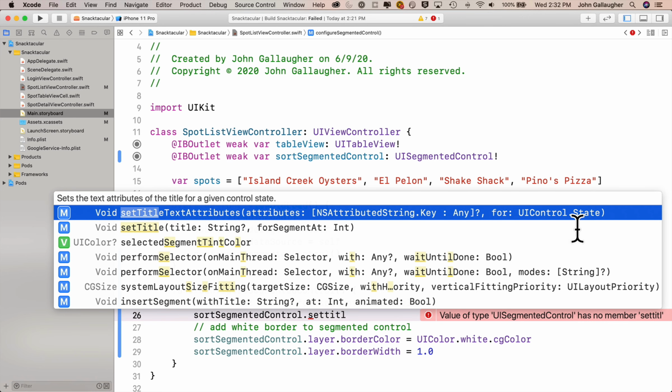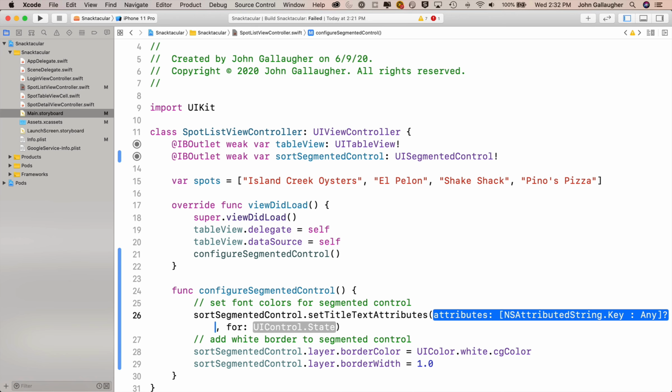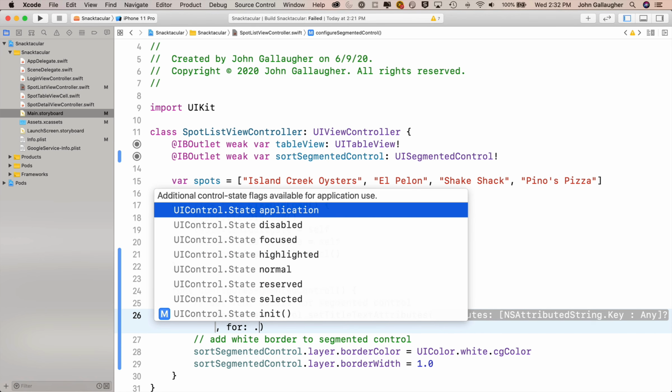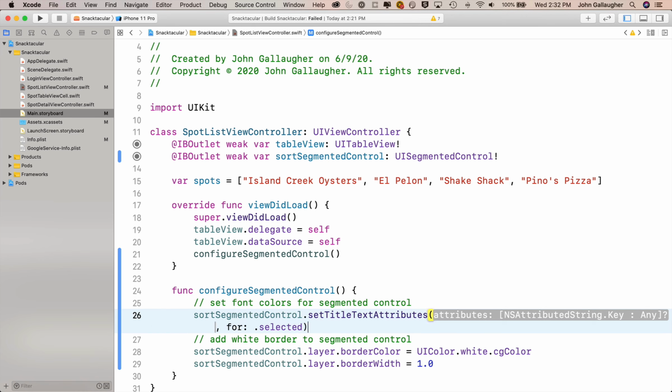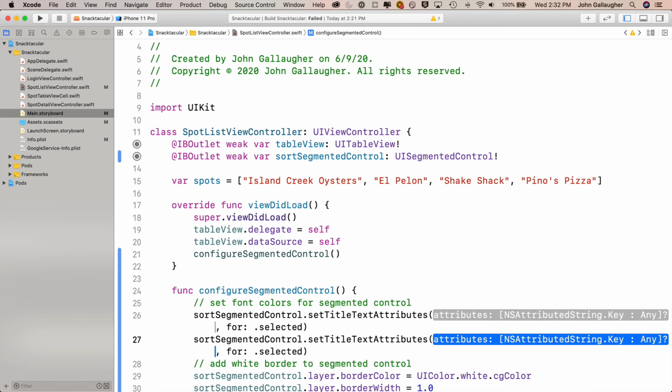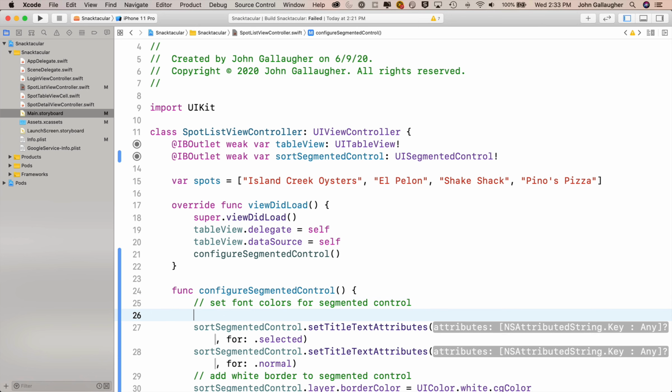So press return to accept this. Let's ignore the attributes parameter for now, but let's set the control state. I'll type in .selected first. Then, since I want to do a similar setting for .normal, I'll highlight this entire line, copy with Command C, Command V to paste it below, and I'll change my .selected to .normal. Now here's how we set up our foreground color as an attribute, which is of this dictionary type that we can pass in. We'll say let orangeFontColor